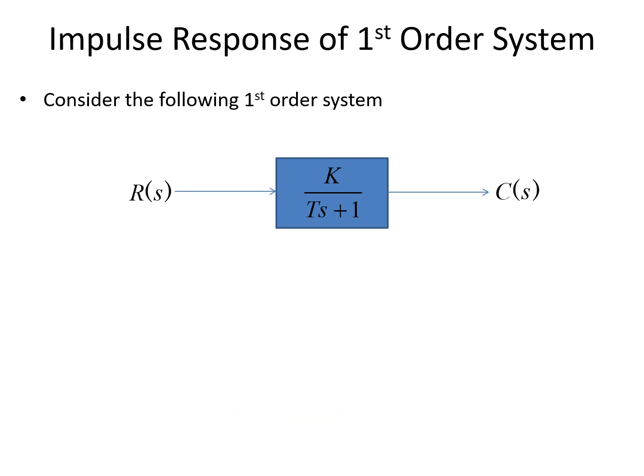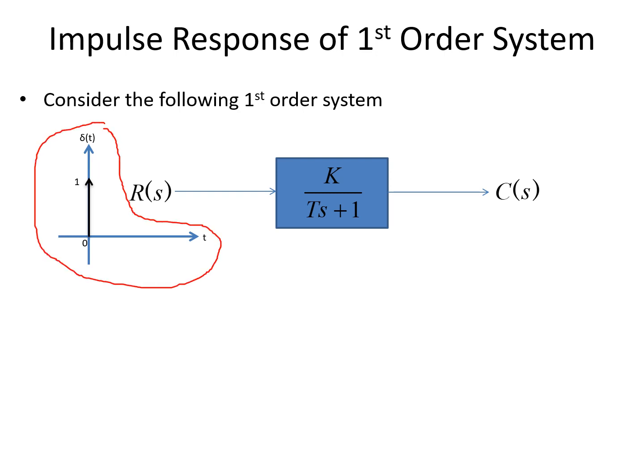Now we will try to find out the impulse response for a first order system. Now let's take the first order system, and the input I am taking here is the impulse input, because it is the impulse response I am finding out. So delta t I am taking with magnitude as 1. So unit impulse is taken as an input and this is the transfer function of the system I have,